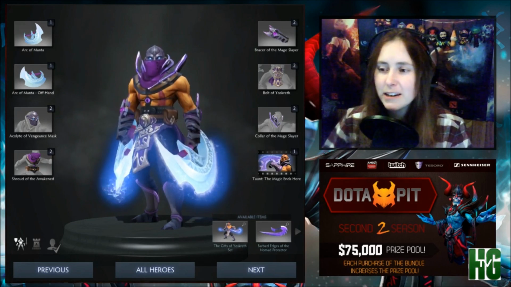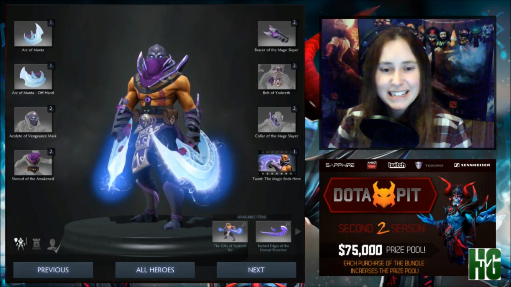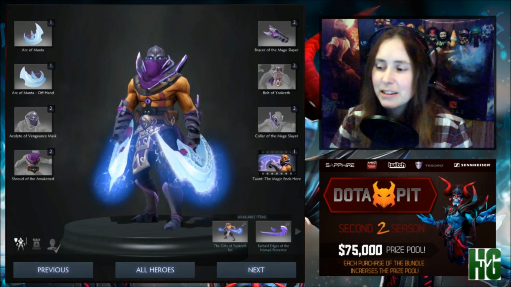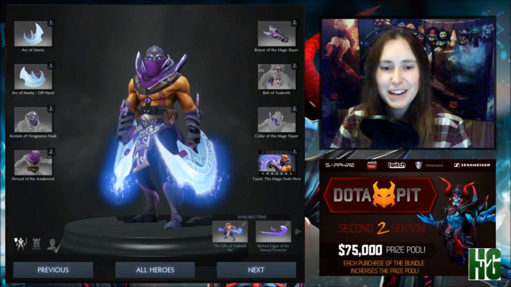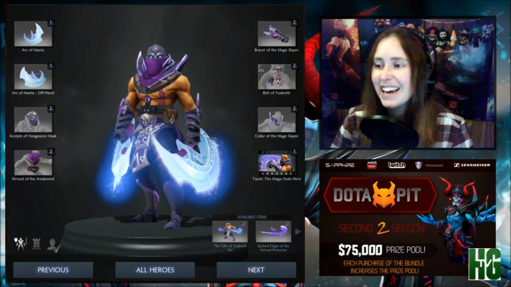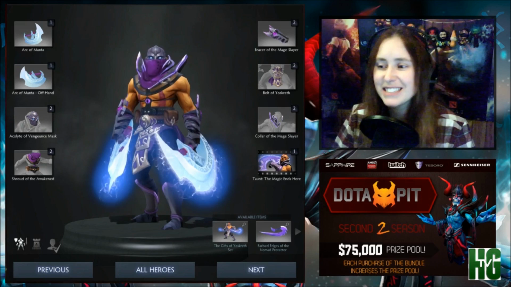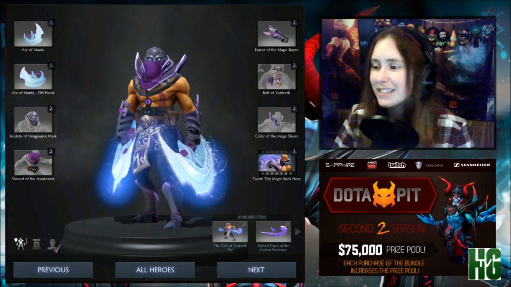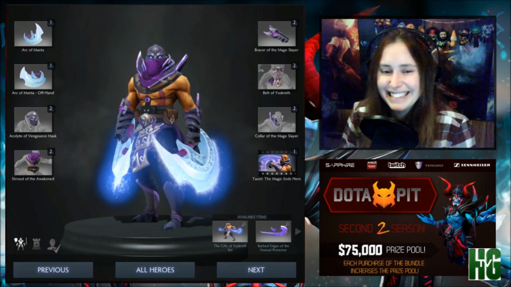He is using the Arcs of Manta, which I think are probably the most classic Anti-Mage item. I like that the bright white goes so well with the purple that pretty much every other Anti-Mage item has, and it gives it that little bit of pop when you're running around hitting people in the face. So I really love those weapons. I feel like you can't have an Anti-Mage set without them. I mean, you can, but...